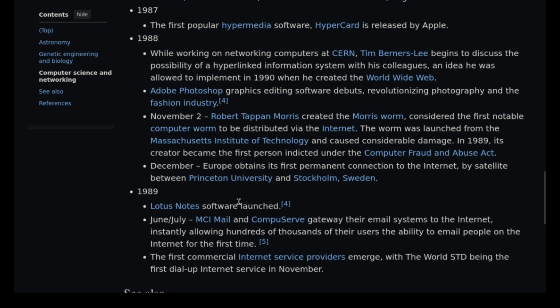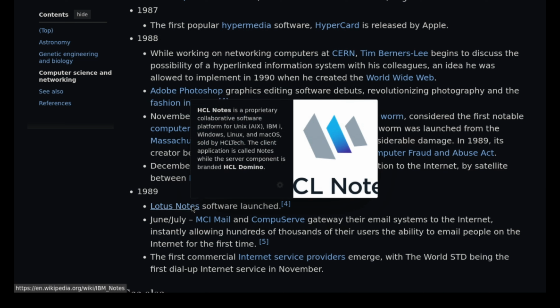1989. Lotus Notes software launched. So Lotus Notes, I don't know if it's been discontinued, but I don't know how it's managed to last so long. I'm not even certain what it does. Is it like a database? HCL Notes is what it's called now. It is a proprietary collaborative software platform for Unix, the AIX operating system,